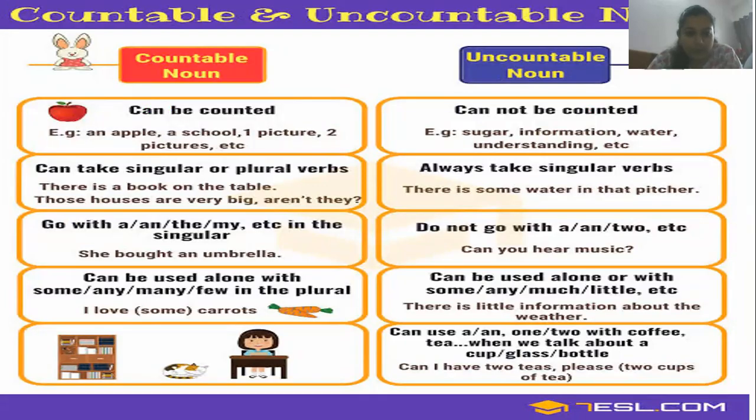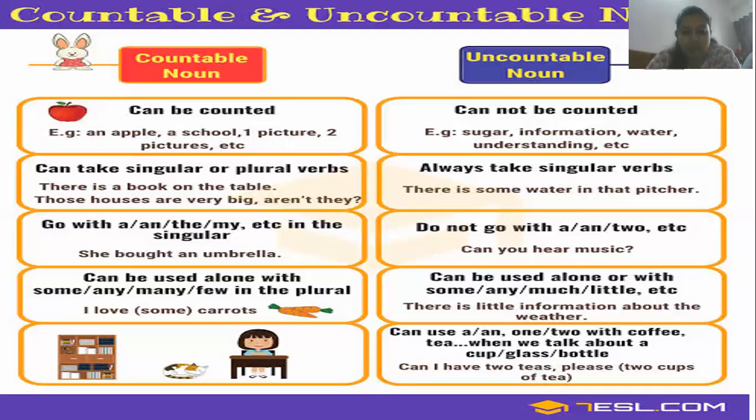Starting with the countable noun, first of all, very common thing, it can be counted. We all have come to know that countable nouns can be counted in number, and you can see it in the examples like an apple, a school. Here articles A or AN represent number 1. So कभी भी अगर किसी चीज के पहले AN या A यूज किया गया है, that means वो चीज 1 in number में represent की जा रही है, means they are shown in number 1 in a singular form. An apple यानी कि एक apple, a school यानी कि एक school,